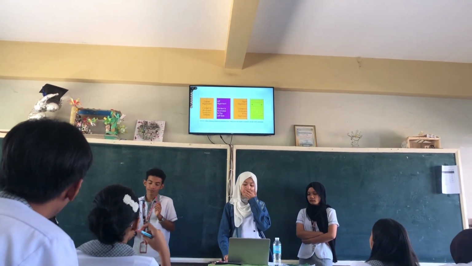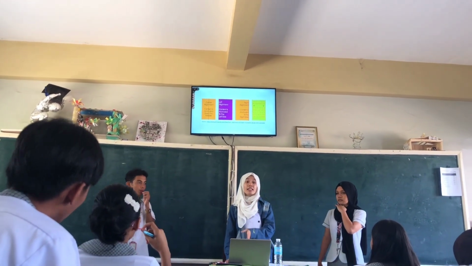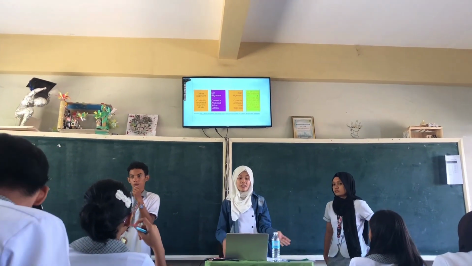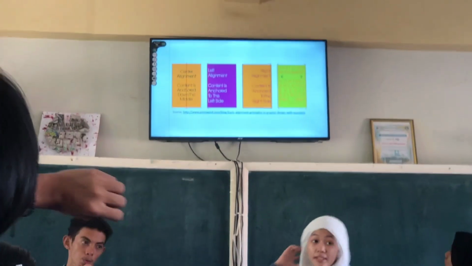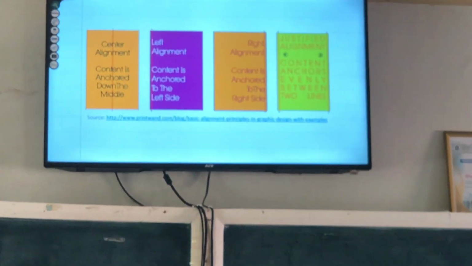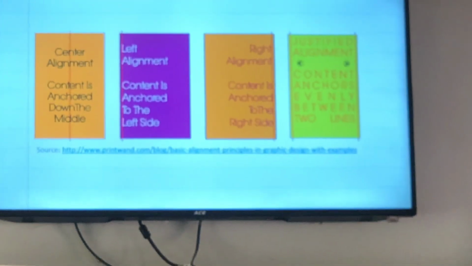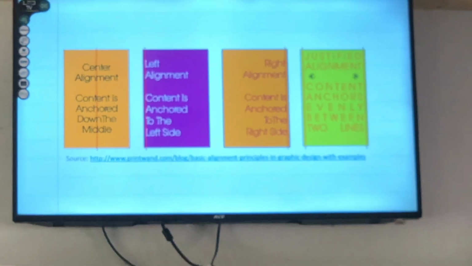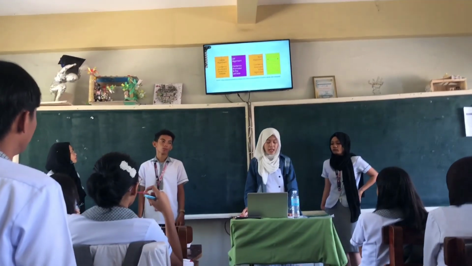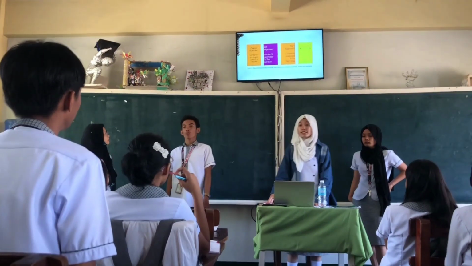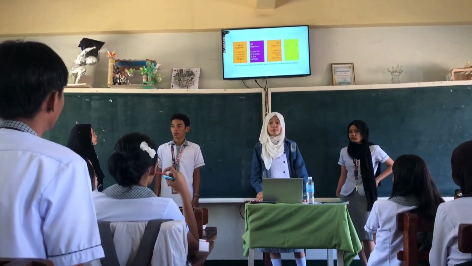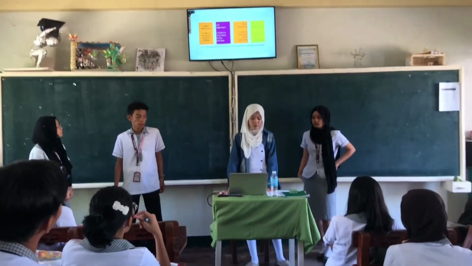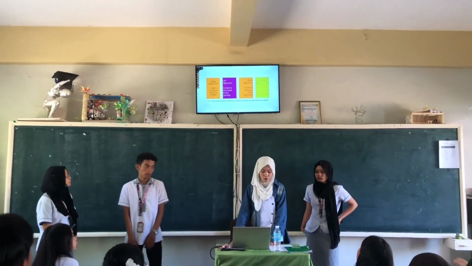Next is formality or freestyle. So this is the alignment. There's a center alignment. Diba nakikita niyo dito sa mga documents? Center alignment, left alignment, right alignment, and justified alignment. So when the text is aligned to the left or right or center, it creates a sense of order and symmetry. This is great for formal documents like reports or business plans and so on. And formality, just like wearing a suit or casual outfit.